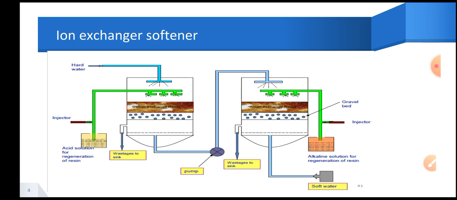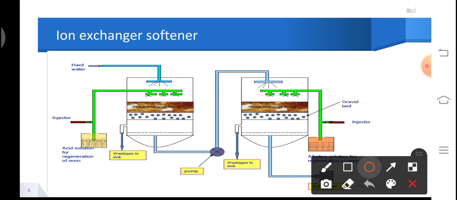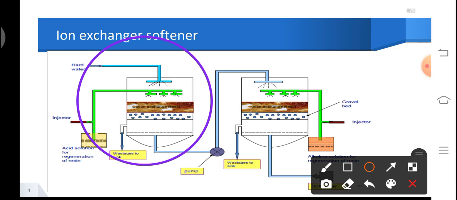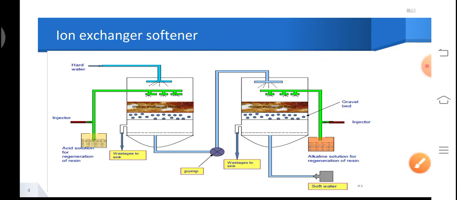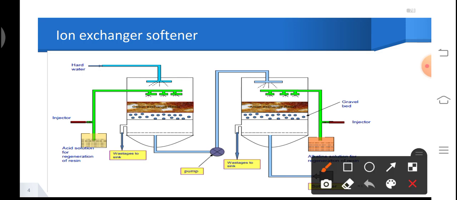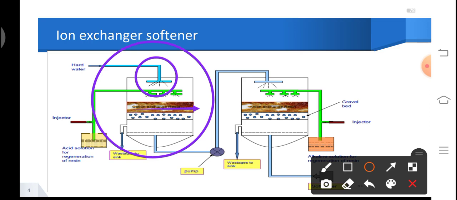This is how the overall softener looks. Here you can see that the softener has two units. Number one is the cation exchanger unit, and number two, that is the second half, is the anion exchanger unit. Now let us see what the components of this unit are. If we talk about a single unit, it is a cylindrical unit, and in this cylindrical unit the cation exchanger polymer is fixed. We have an inlet for water, and we also have an inlet for a regeneration system.